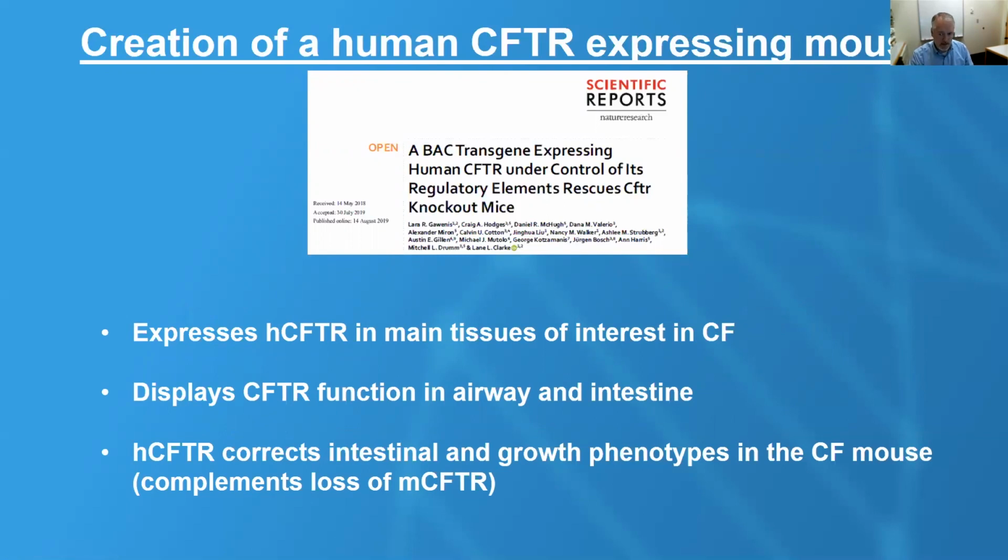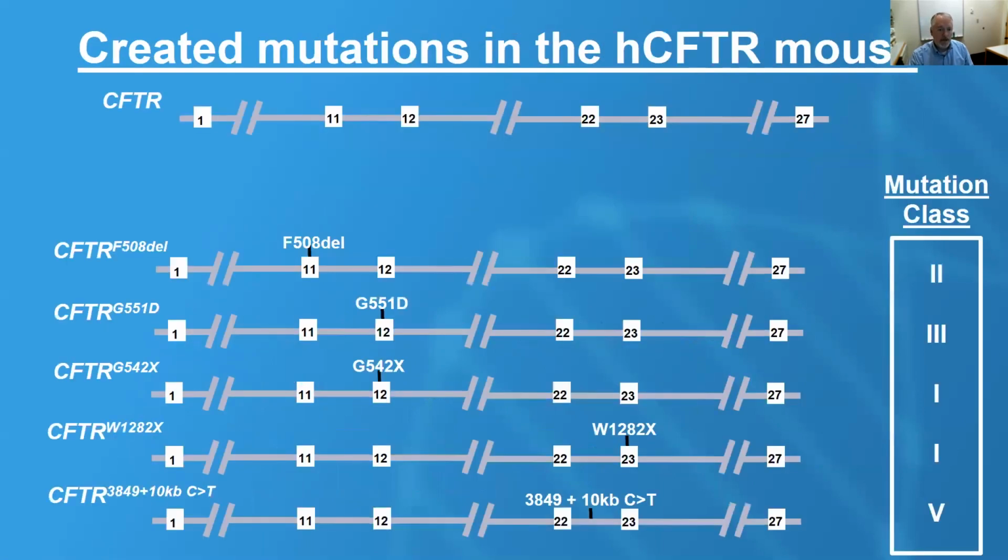This mouse by itself can be used to test gene editing of normal human CFTR gene sequence in an in vivo model, but since this publication, we have utilized the gene editing system CRISPR-Cas to create 5 new mutations. These 5 mutations, which include delta F508, G551D, and the 2 most common nonsense mutations, G542X and W282X, as well as a splicing mutation 3849 plus 10 kb C to T. They all contain the sequence found in human patients and should be able to be used for gene editing studies